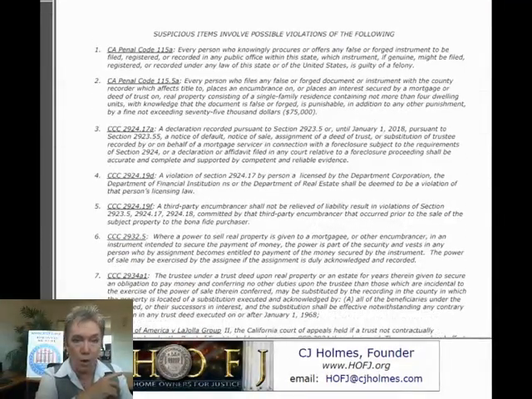Here's the law. I want to go through this quickly because, of course, the 115 and 115.5 penal code, every state has penal code like this. And so this, California is a guide to what you can find out for your state if you're not in California. But obviously, any person who offers knowingly false or forged instruments, and I swear that as we swamp our DAs and our attorney generals with these proofs of suspicious documents and these forged signatures, because we're going to get proof that these signatures were forged, proof that would hold up in court,